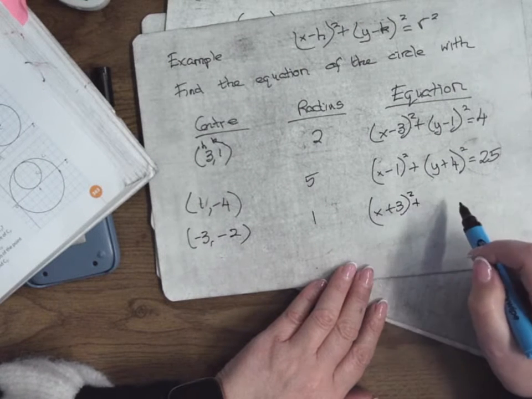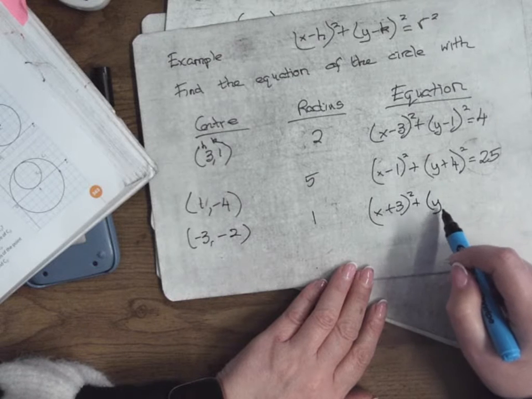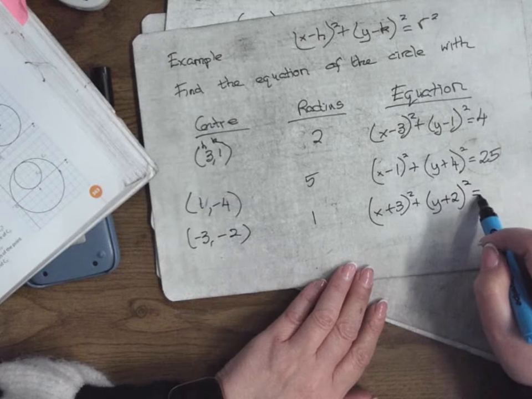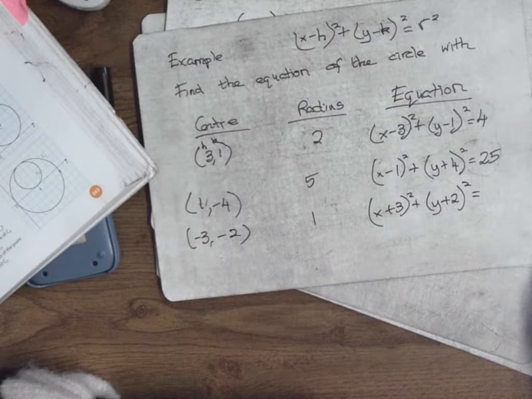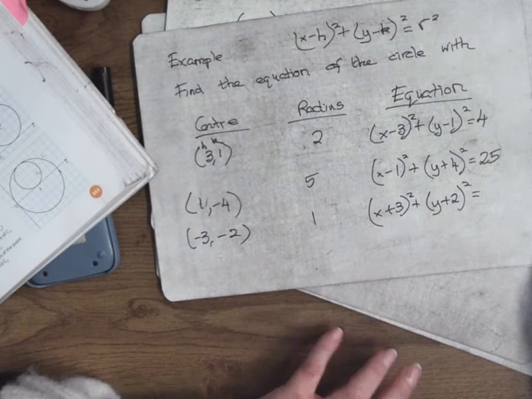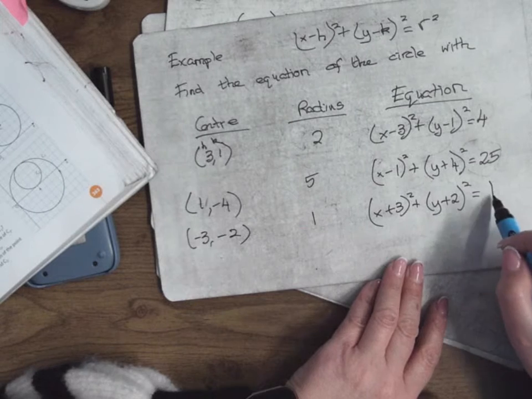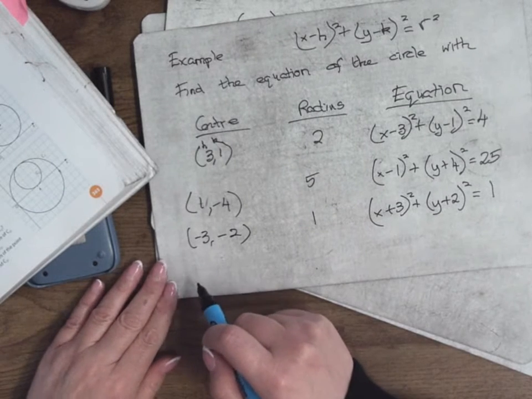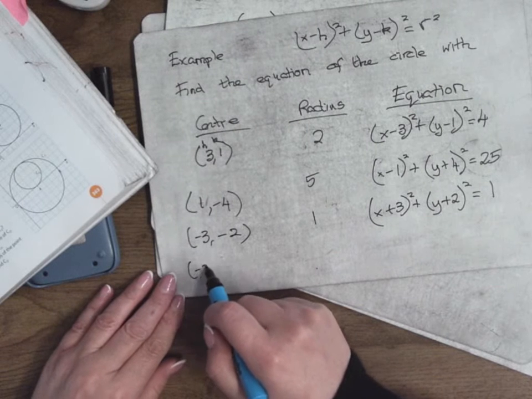plus y plus 2 to be squared equals 1 squared, which is 1. Okay, right, and last example, minus 3, minus 5 is the centre,